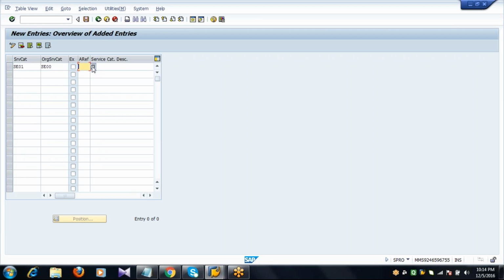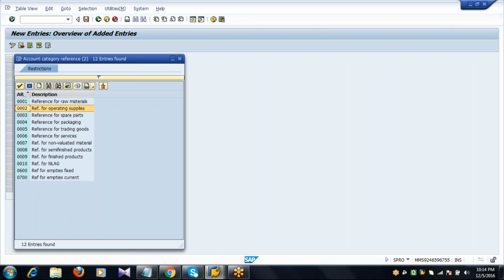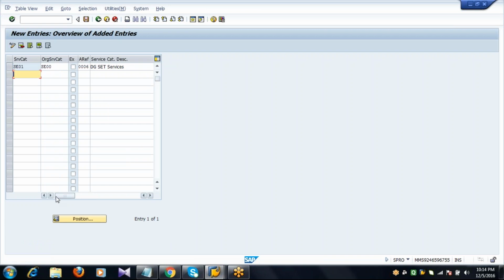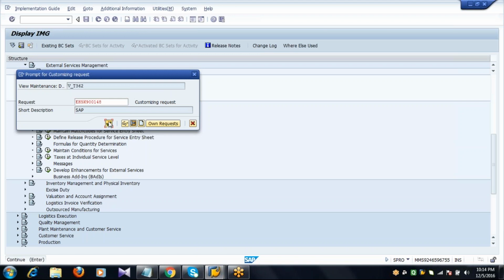We have a separate chapter, but as of now, we are following the SAP given standard account category reference for services, which is 0006. Description, DGset services. Save.